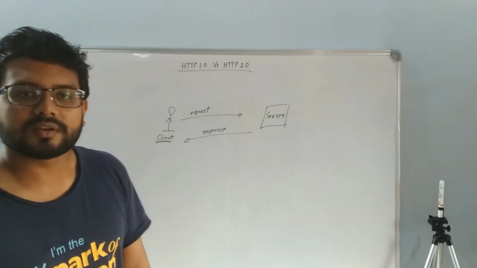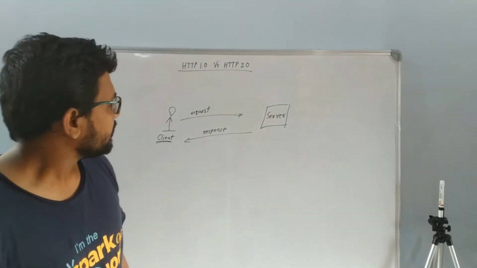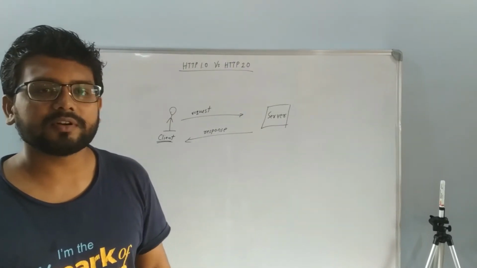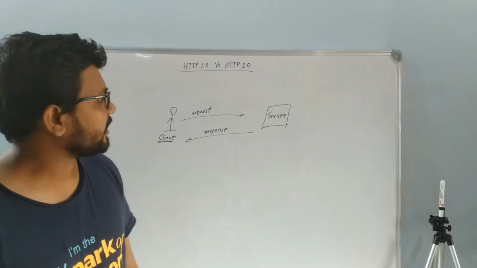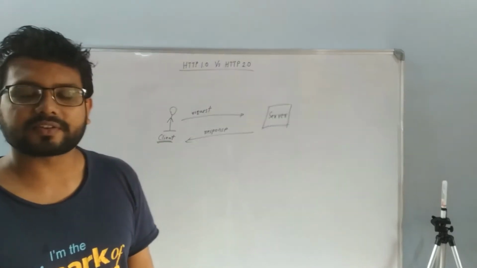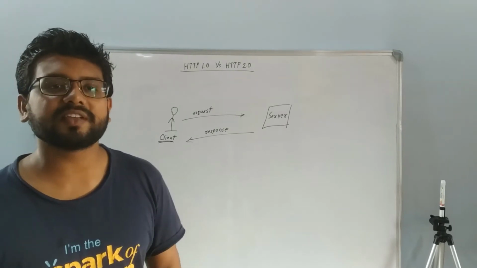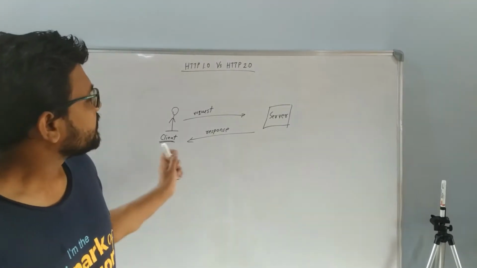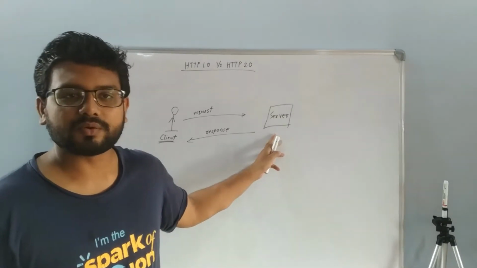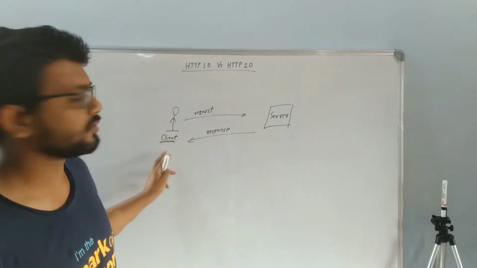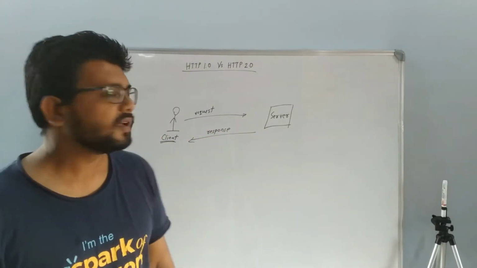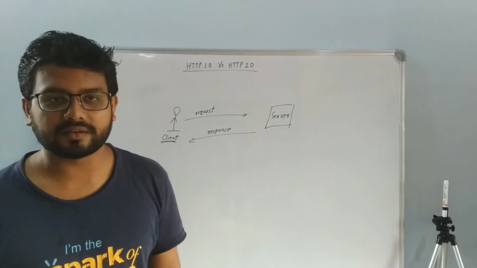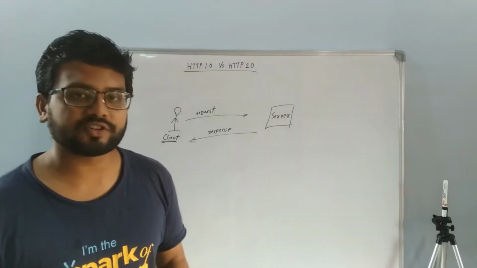Just for the analogy, I will give another example. In a restaurant, when a guest comes, they request the waiter, hey, I want this XYZ dish, and the waiter acknowledges that request and completes it. So here the guest is the client and the waiter is the server who has to acknowledge and respond back to the client request. Just remember this example. It will be helpful to understand the coming concepts on HTTP 2.0.